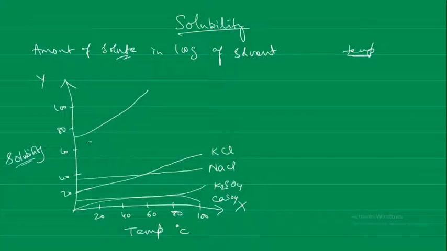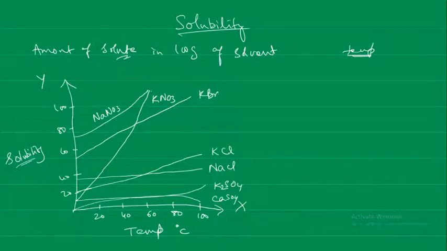Okay, the potassium nitrate is extraordinary because it is starting from almost say 10 grams in 100 grams solubility, and by the time it is reaching almost 50 to 60 degrees centigrade, it's just like going like this. Okay, so this is a sodium nitrate and this is potassium nitrate. But potassium bromide is like almost a straight line increase.